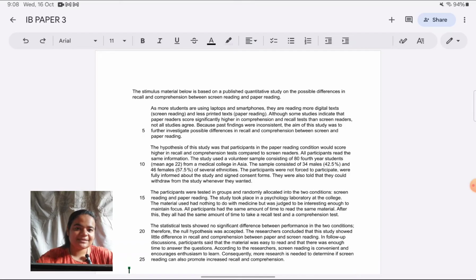Okay, in this class, I will read aloud the stimulus first and then we'll start answering some questions. I know I need not read aloud the stimulus. You can pause, you can read, or you must be having the paper with you. But why I'm going to read it out aloud is to show you how you should be reading the stimulus